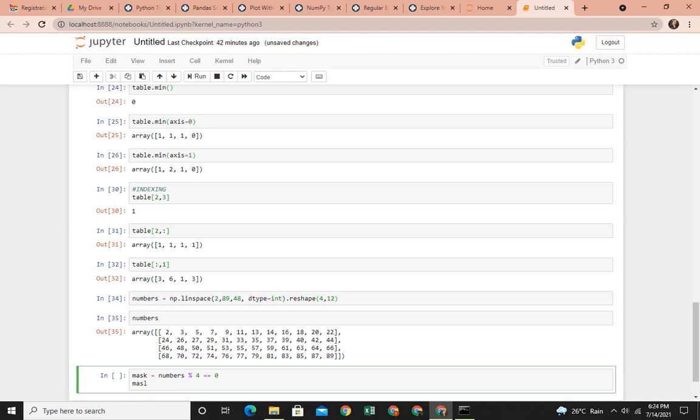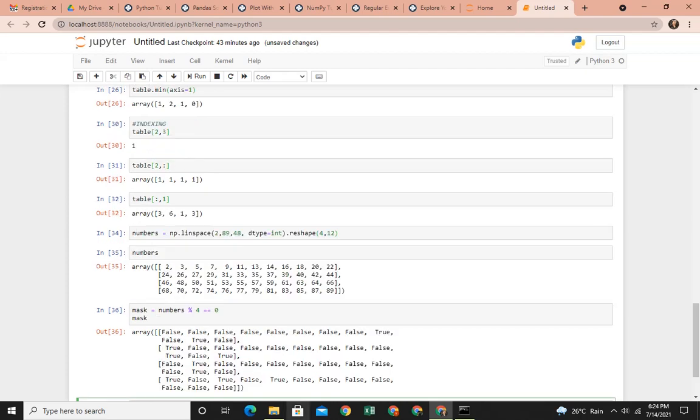And then if we look at the value of the mask, it will give you something like a Boolean mask. False means those whose remainder is not equal to 0, and the value true will be given only for those values whose remainder is coming out to be 0 after division by 4.